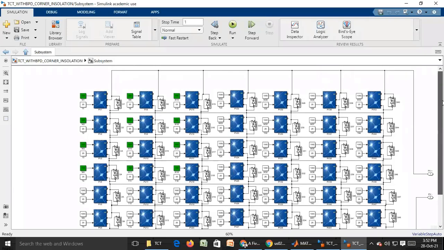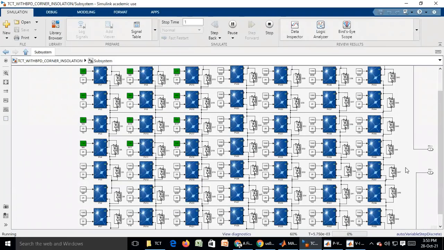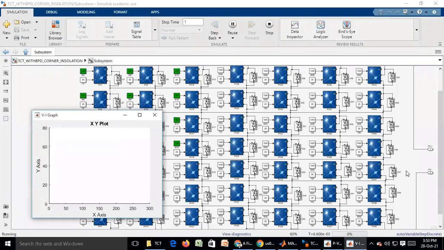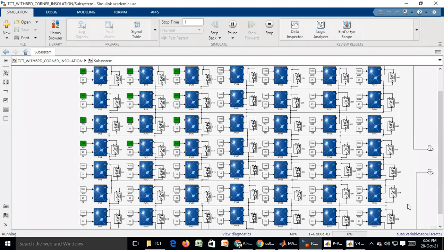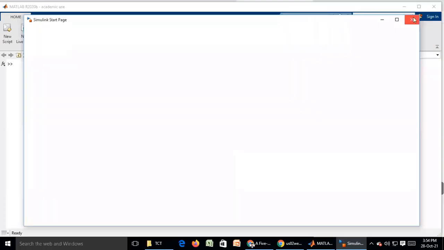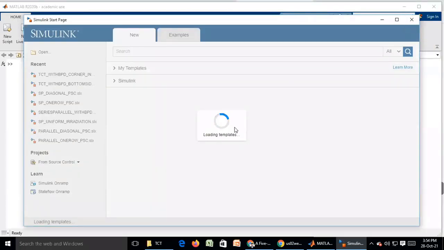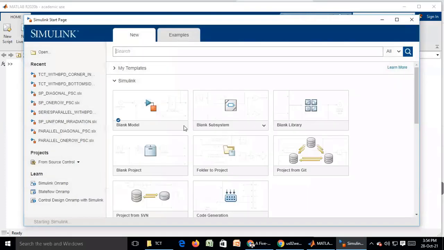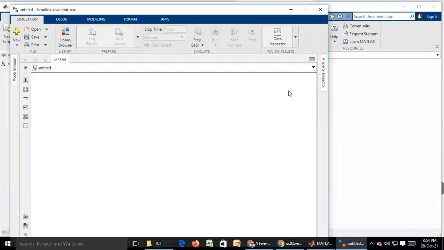So you can consider any of the conditions and simulate it. It will take too much time, but you will definitely get the answer in maybe 15-20 minutes. If you want to see whether the result you are getting is correct or wrong, you can test it.